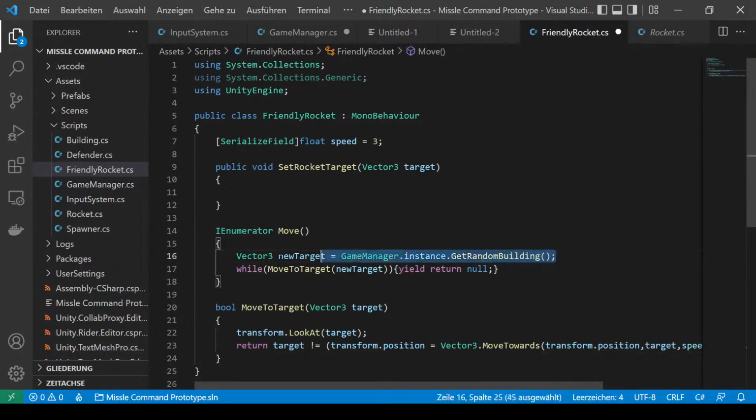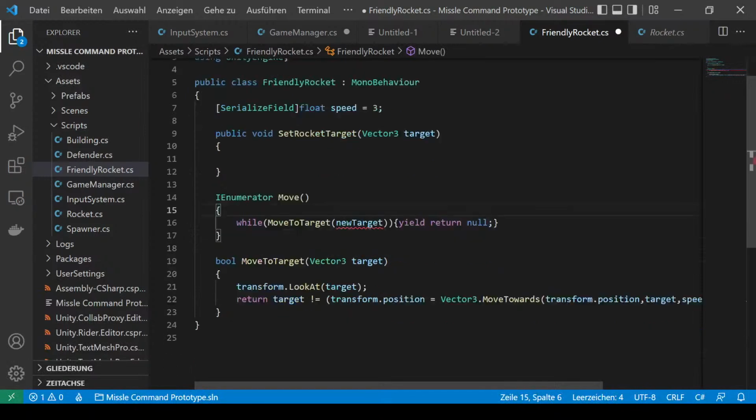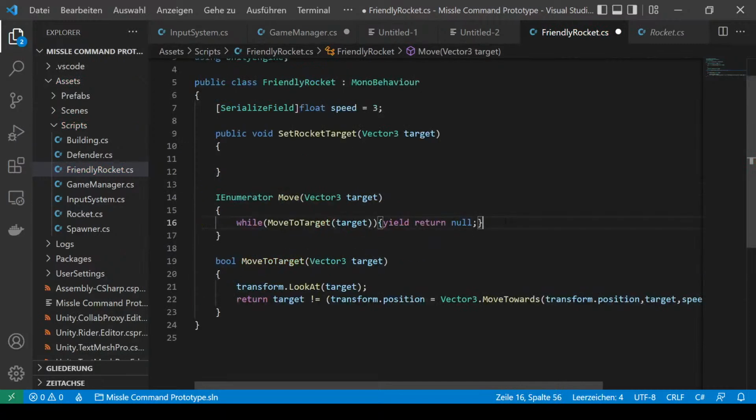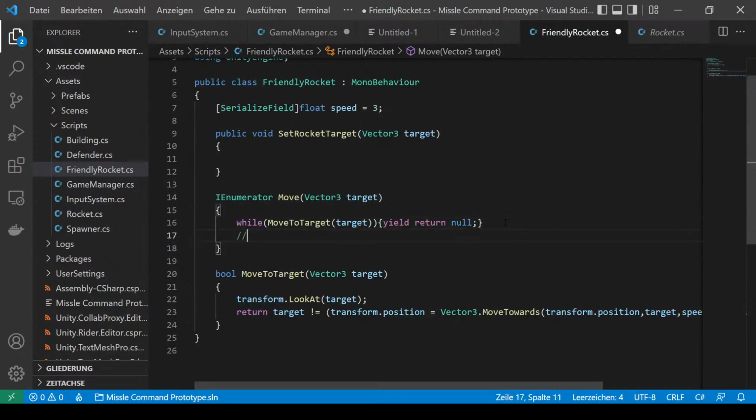But we don't want to get a target from game manager. We want to get the target from the actual game manager, yes, but from the click we just performed. So I'm gonna use new target as target over here. We're gonna move to this point, and once we reach this point, we can do play explosion or whatever that is going to be. Explosion,